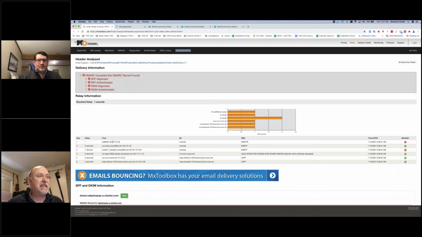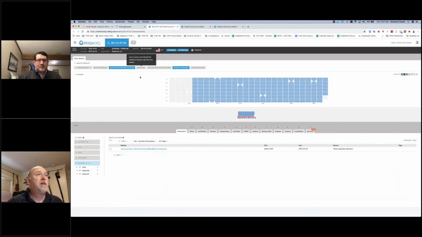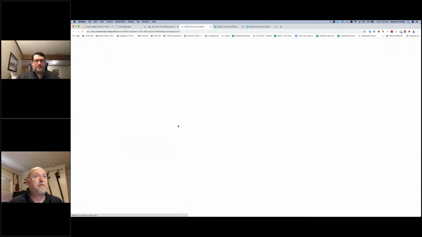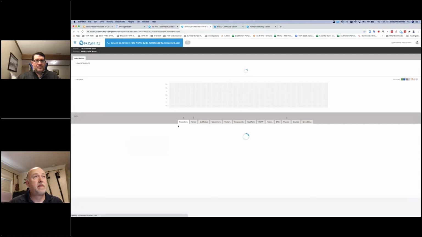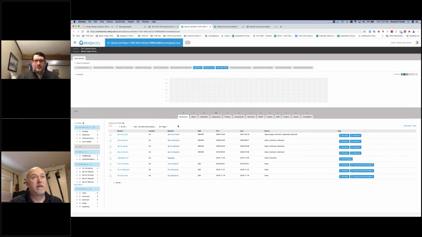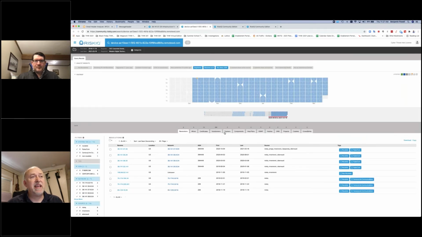So now what I can do is take this IP address that's listed here, and I can go into PassiveTotal, and I can search for this. Okay. So when I search for this, I got this resolved domain associated with this particular IP address. So this resolved domain that's here, if I right click on that and open another tab, it shows me all of the IP addresses that it had over that time period.